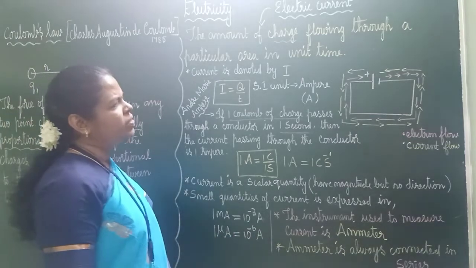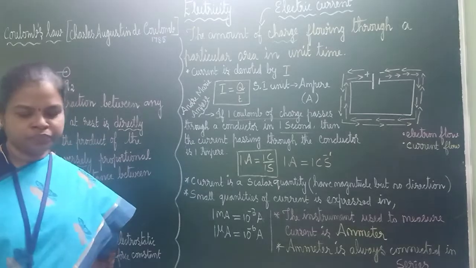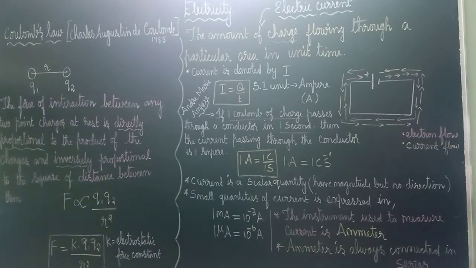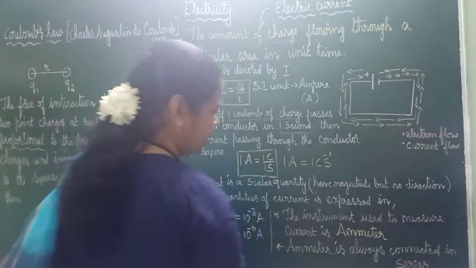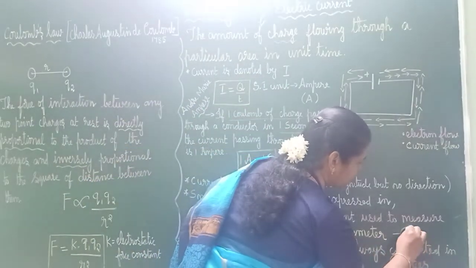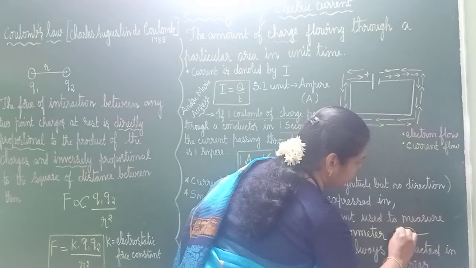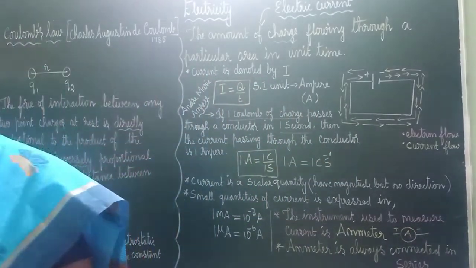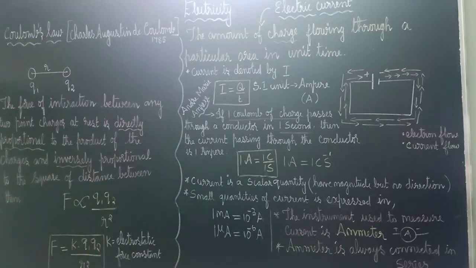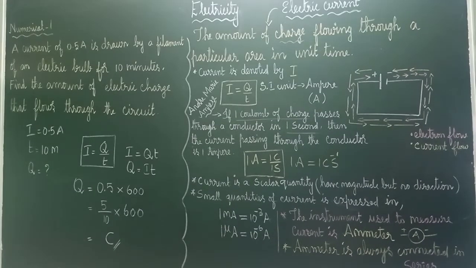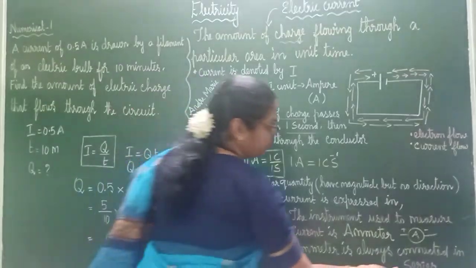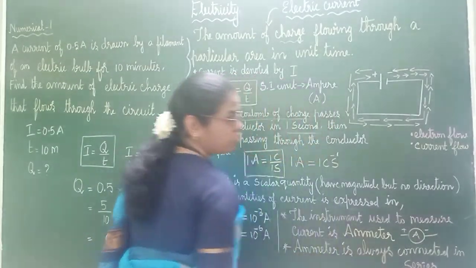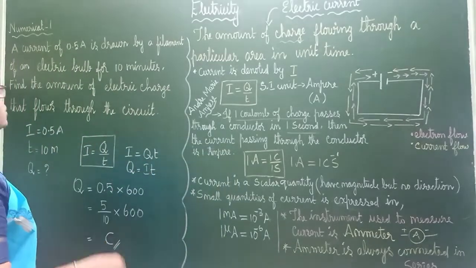Which is the instrument used to measure current? The instrument used to measure current is the ammeter. How can it be denoted? It can be denoted with this symbol. See, we put A, and one side positive, one side negative terminal. This is the ammeter. And one more point you are studying is that it is always connected in series. I'll tell you what series is. Small numerical based on this. It will always be connected in series, keep that in mind. When we are studying series and parallel, I will ask you what is series and what is parallel.